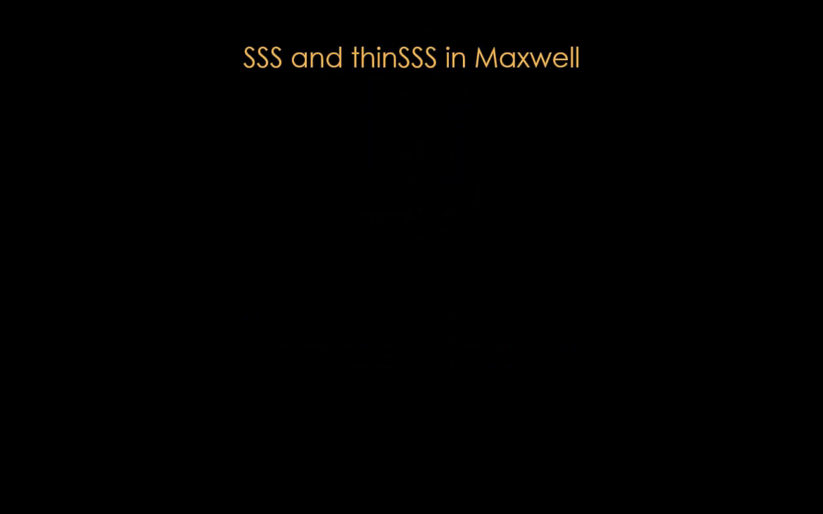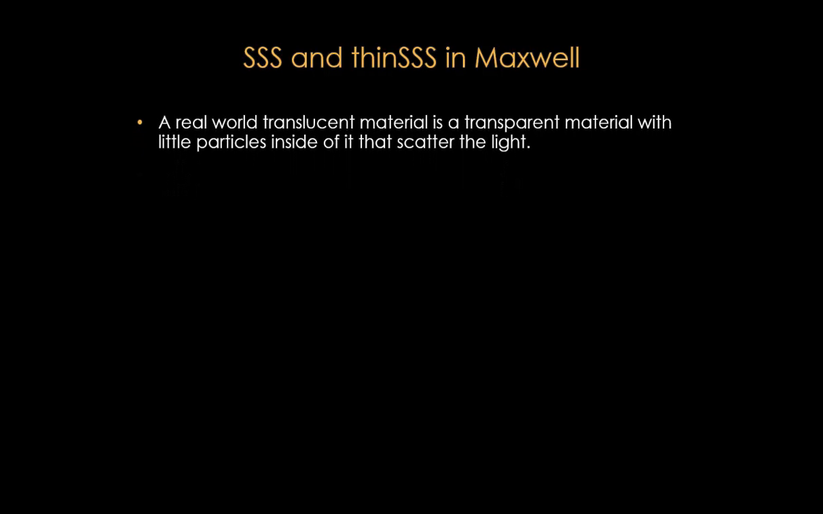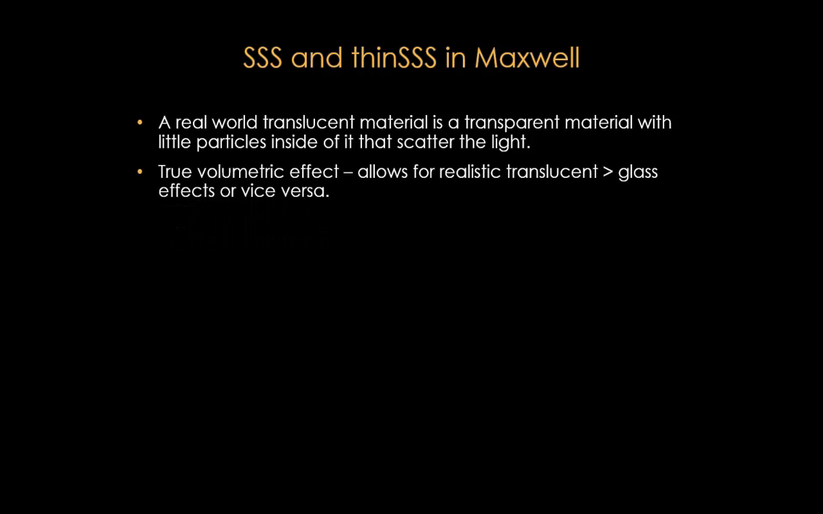It's very important to understand the fundamentals of how subsurface scattering materials work in Maxwell. So in the real world, a translucent material is really a transparent material that has a lot of little particles inside of it that scatter the light. So it's not opaque, it's not transparent, it's translucent. And what happens in Maxwell is that it accurately mimics this real-world characteristic of a translucent material,